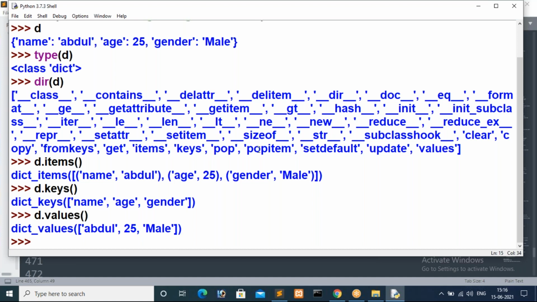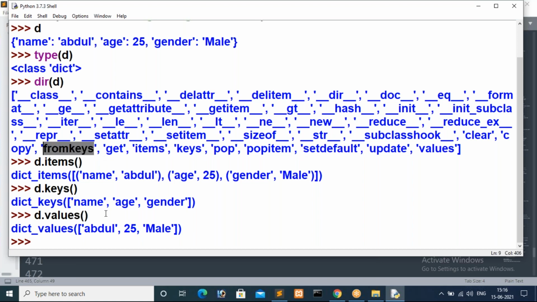In the same way, pop and popitem you already know. If I go with pop, what will happen? Yesterday I explained these two. For this pop we have to pass a key. Based on the key, this pop method removes the value. Popitem will remove the last key and value by default. You just remember that. Now here you have to learn two important methods. Those are setdefault and from keys, guys. Here get and update are not necessary, so I will ignore them, because instead of using get and update, we will go with the setdefault method, or else from keys.